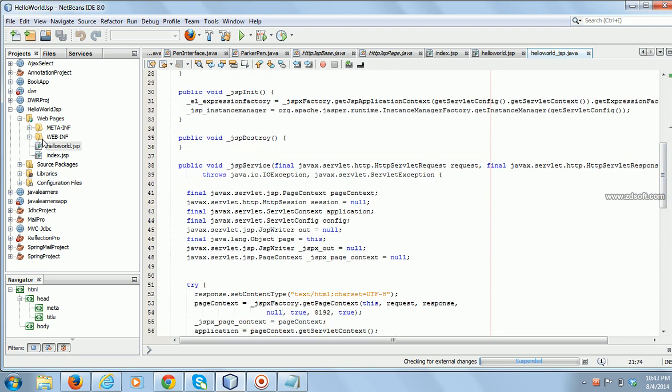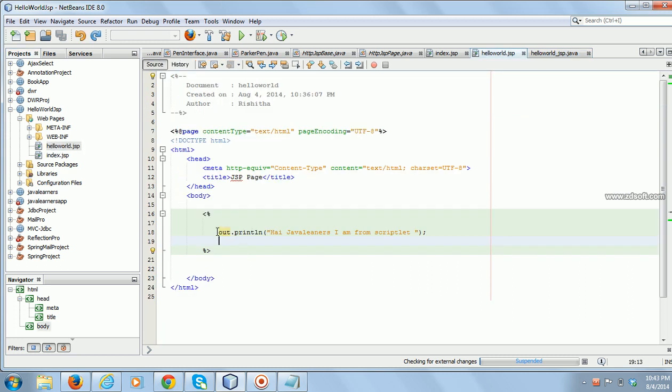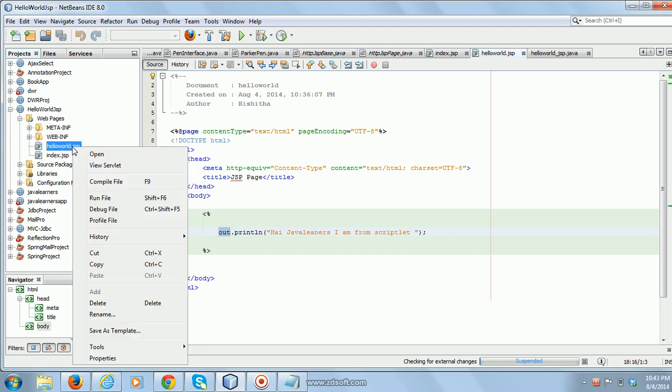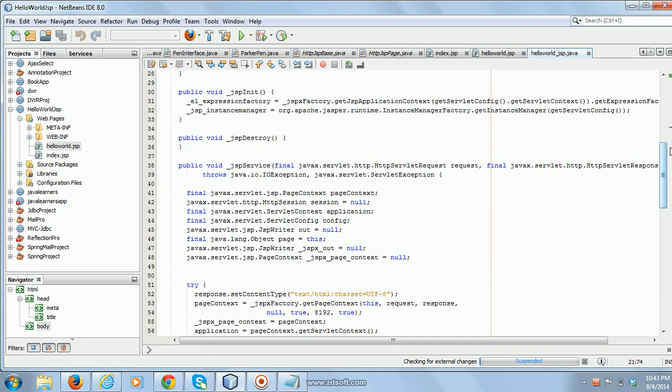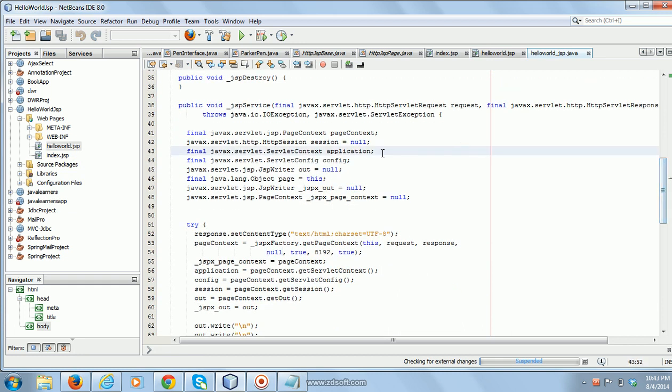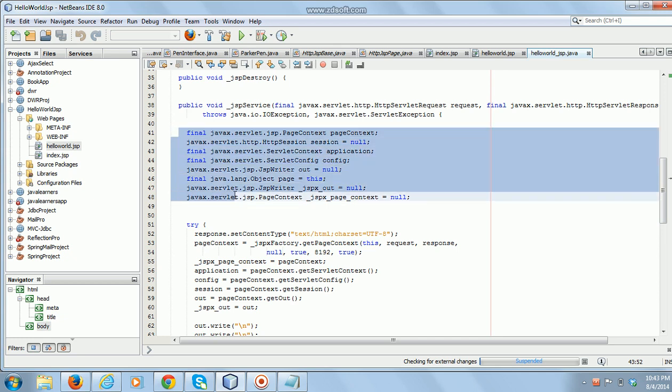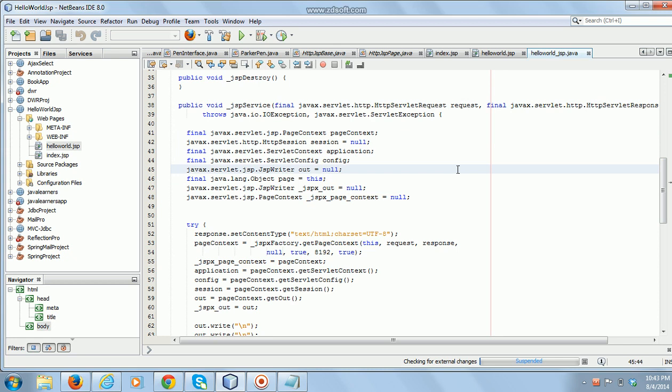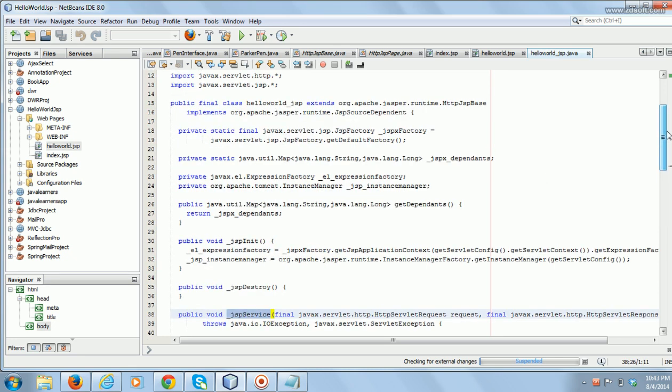Now the question comes, without declaring this out, how could I use this out? If you see the code, view servlet, there is a method called JSP service. Where does this method come from?